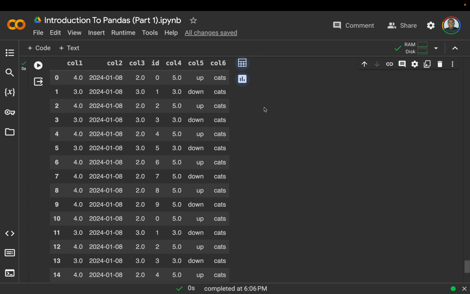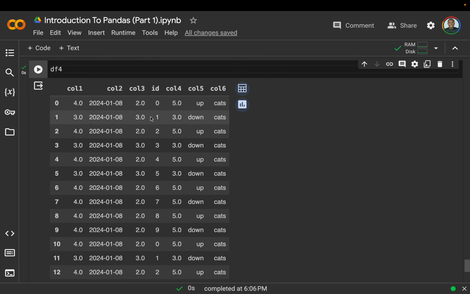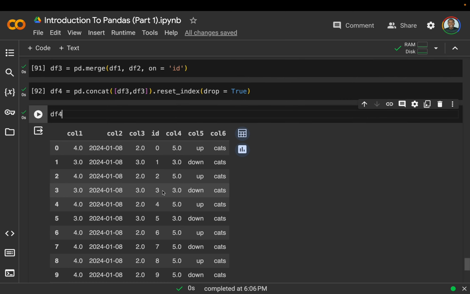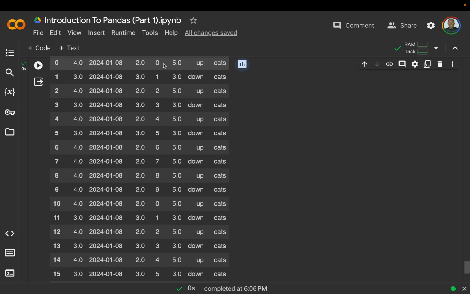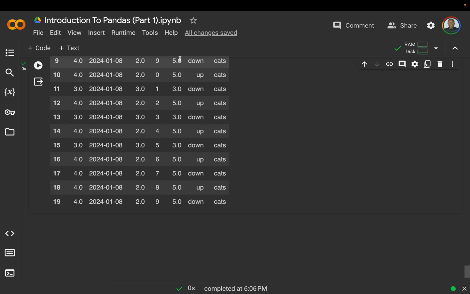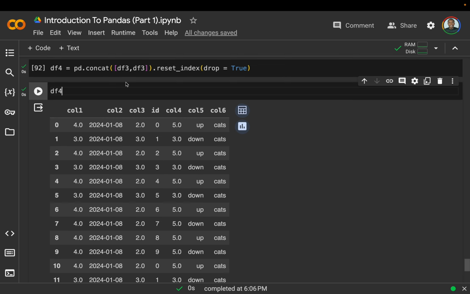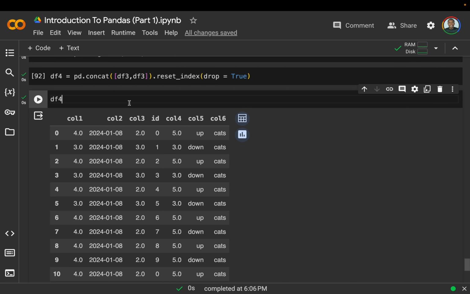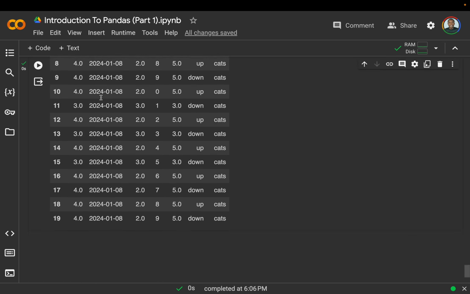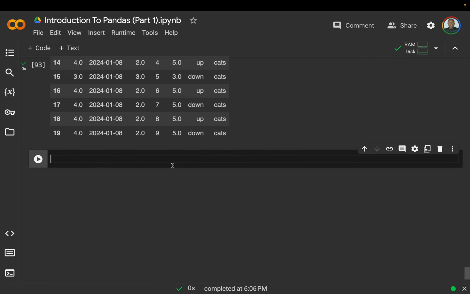So you can see, now we have values belonging to more than one ID. We have ID 0 twice, we have ID 1 twice, we have 9 twice. So it's easy for us to have multiple rows per ID within our data frame, and we could enlarge our data more, but there's no need to do that now. So the next thing we want to do for our grouping, now that we have the data frame for the grouping, is we say df4.groupby,